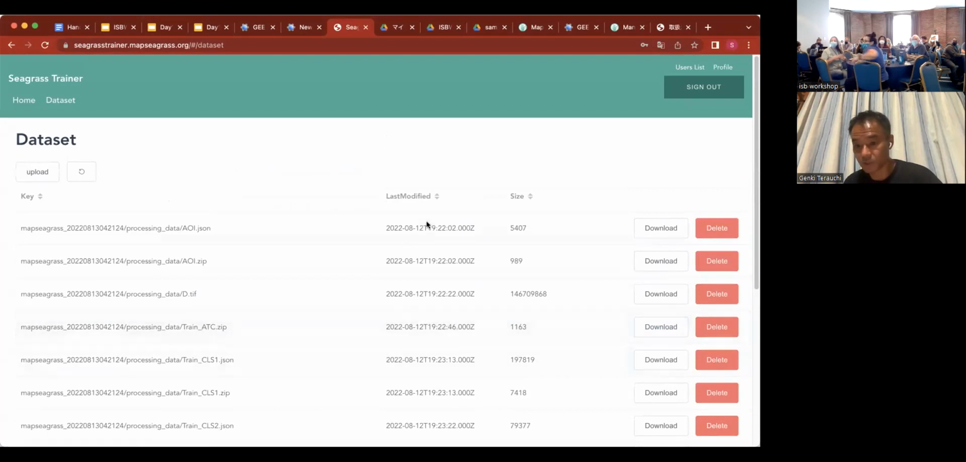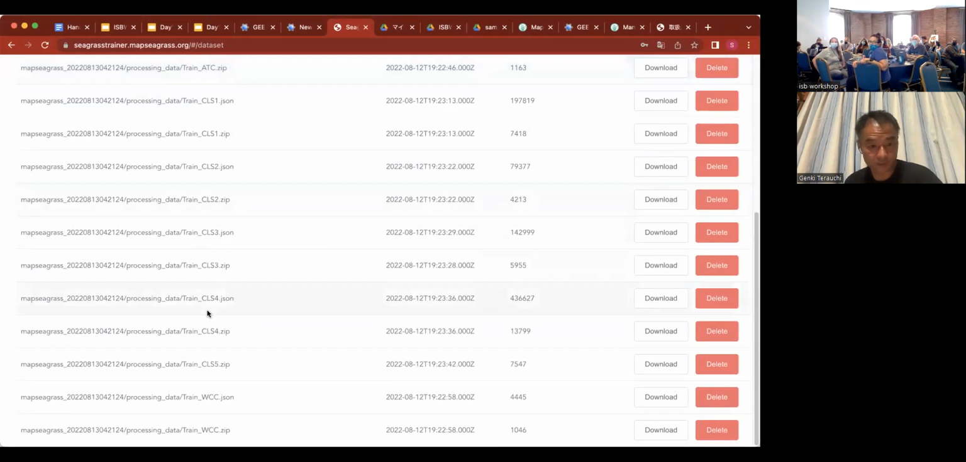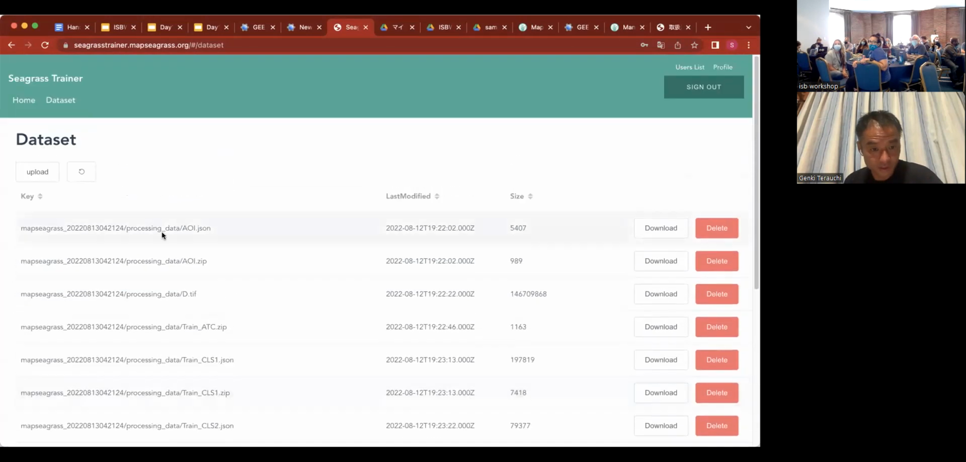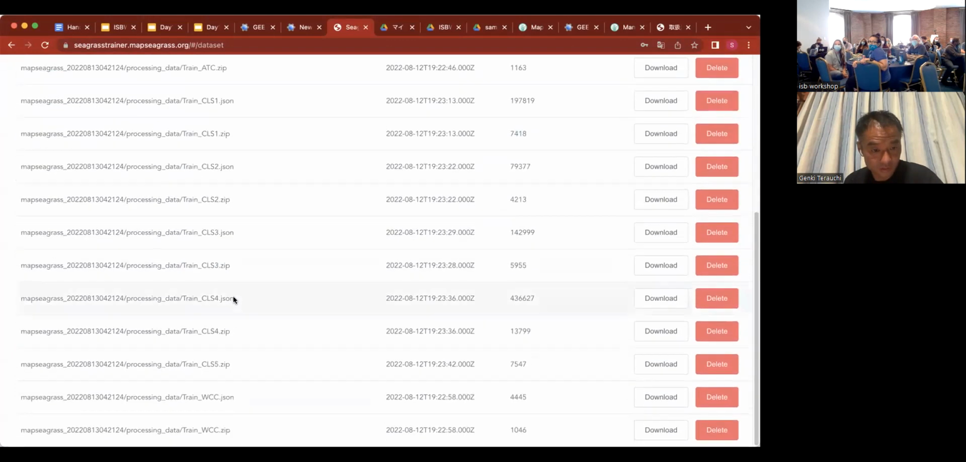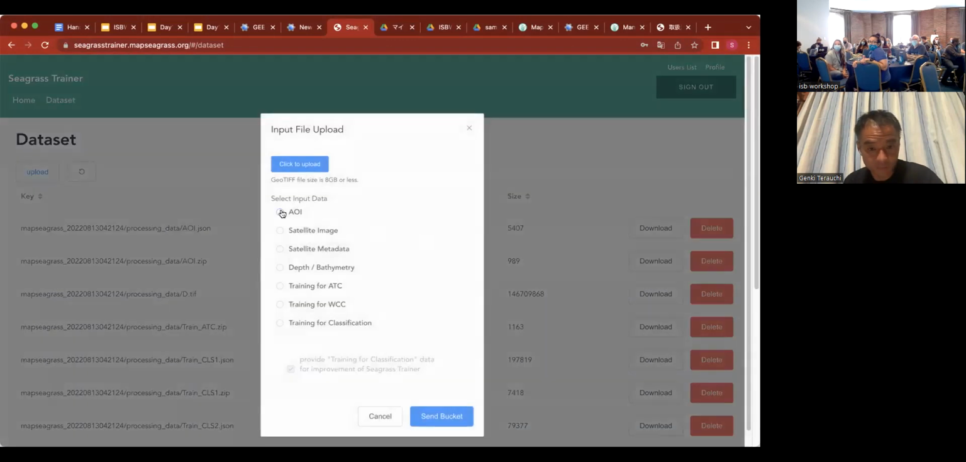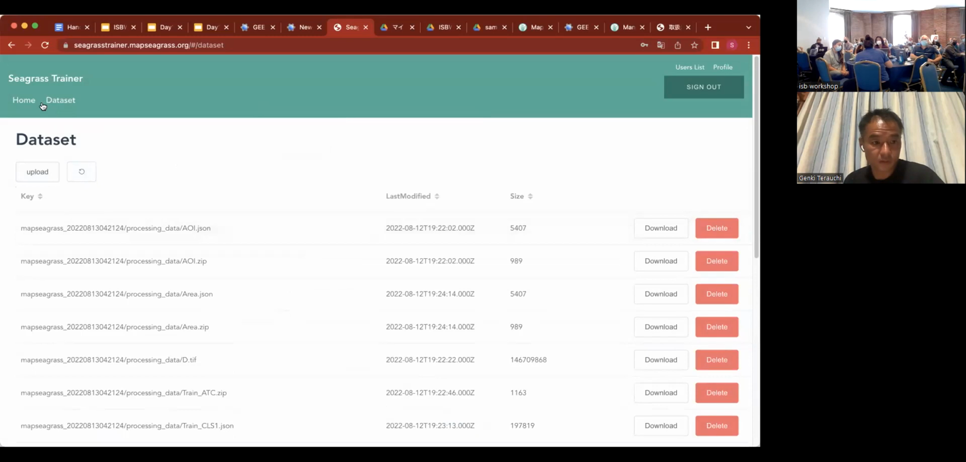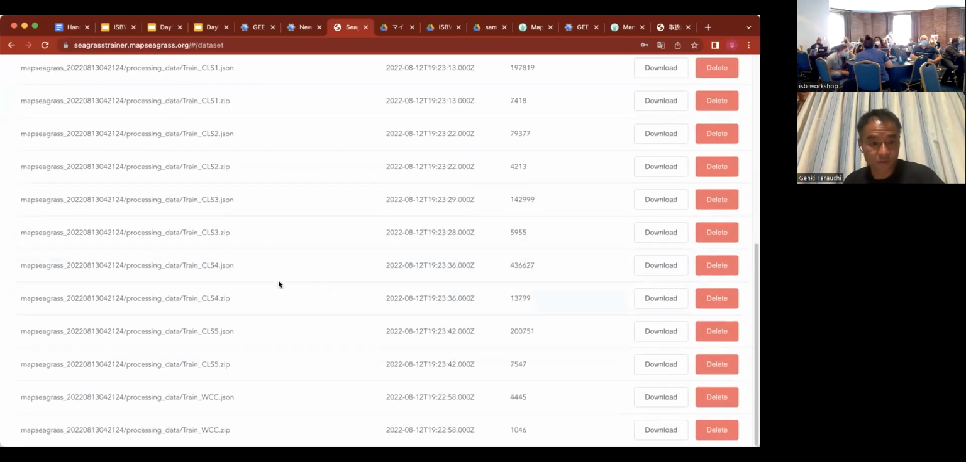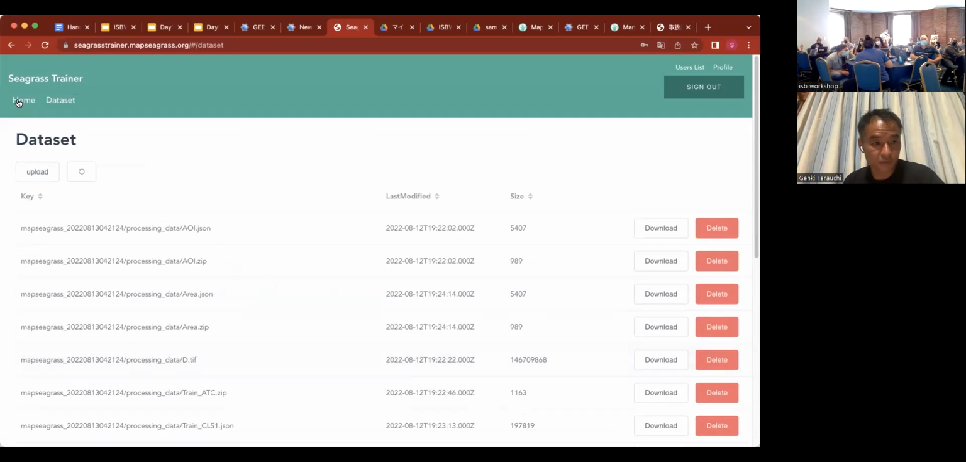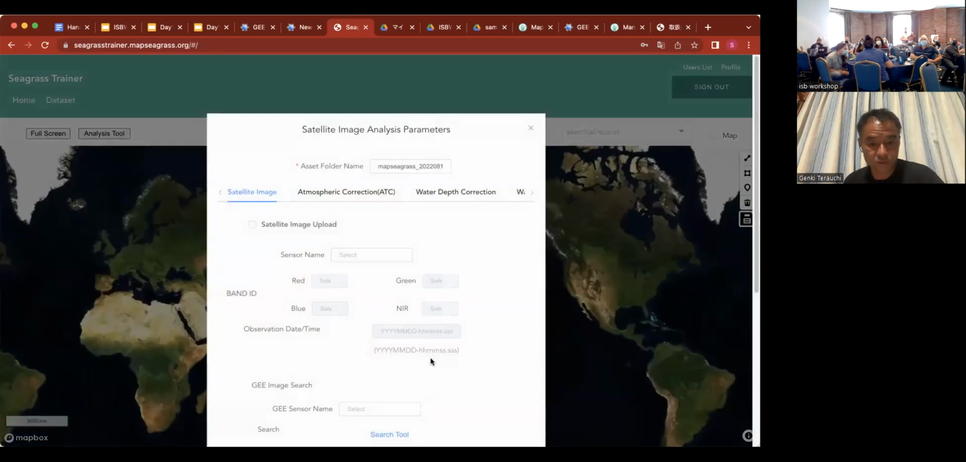Okay, so once I've uploaded all the training datasets, I check the list to see I'm not missing any. Okay, I was missing AOI.zip. So like I said, when you upload AOI.zip, you have to click this AOI in this version of Seagrass Trainer. And so once you're satisfied with all the training datasets, you will need to go back to home, click analysis tool, and